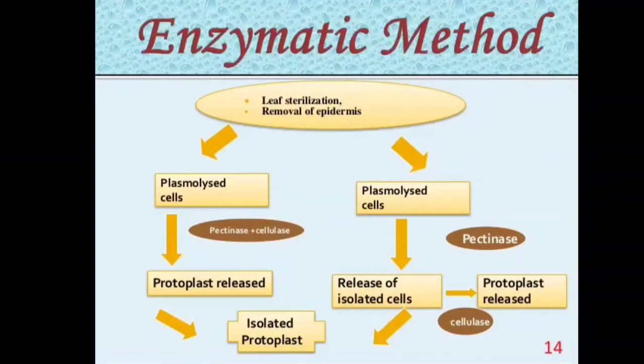So this is about the enzymatic method. We have to remember the 6 steps here. Firstly, the sterilization stage happens, then it is rinsed in osmotic conditions and the epidermis is peeled off, and then the cells are treated with enzymatic solution. Then the removal of the enzymes takes place, then purification of the protoplast happens, and finally the protoplasts are transferred to the suitable culture media.